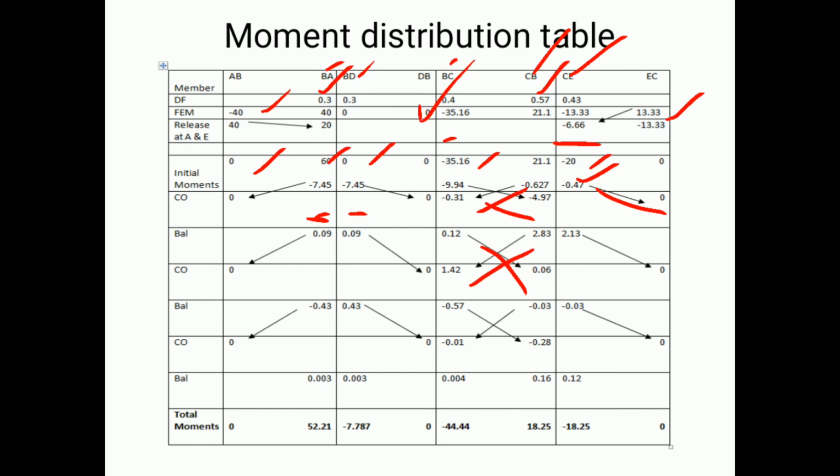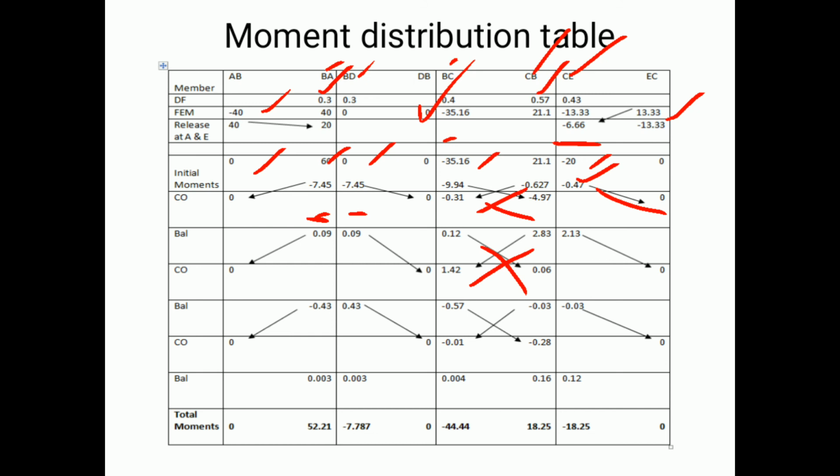So 2.83 divided by 2 with the same sign convention. Again, 0.12 divided by 2 with the same sign convention. So I need to distribute this. For B as a joint, with BA, BD and BC as the members, I only have the moment as 1.42, which has to be distributed to the three members with reference to the respective distribution factors of 0.3, 0.3 and 0.4. So multiply that 1.42